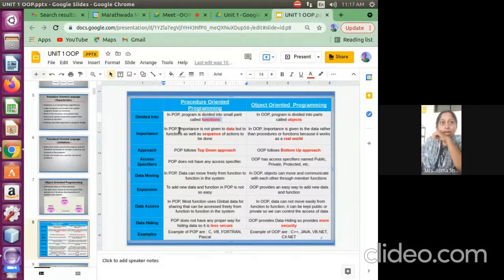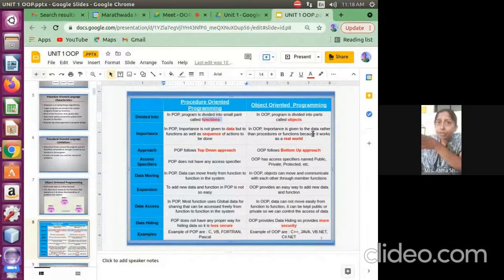You can write only this: procedure oriented programming is divided into functions, object oriented programming is divided into objects. Importance is not given to the data. It is given to the functions as well as the algorithm, means the sequence of the actions.